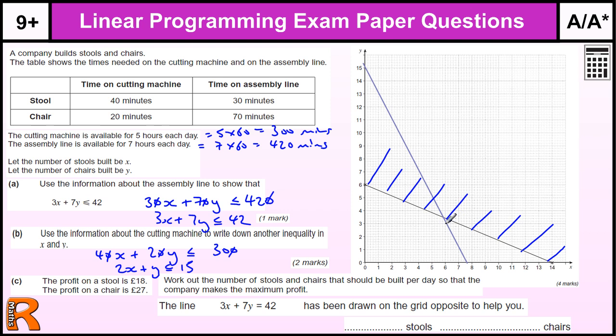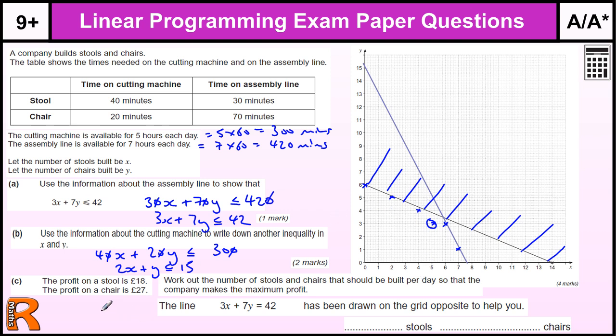Let's have a look. We've got 6 and 3 and 5 and 3, 5 and 4 maybe, 7 and 1, because we can only use whole numbers. 2 and 5, and 0 and 6 are the ones around the edge. Obviously this one's not going to count because that one's better, so either one of those two probably. So let's try